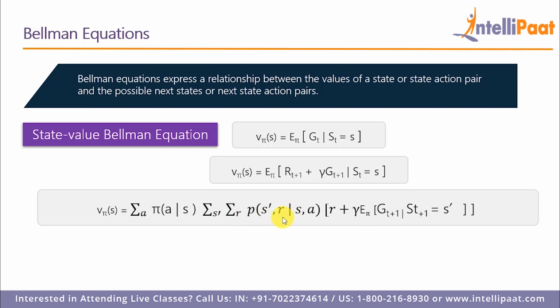This is our next state and this is the reward, the possible rewards and next state given the current state and current action. So we can break it down in this order because the action choice depends only on the current state, while the next state and the reward depend only on the current state and action. So this result is actually a weighted sum of terms consisting of the immediate reward plus an expected future return from